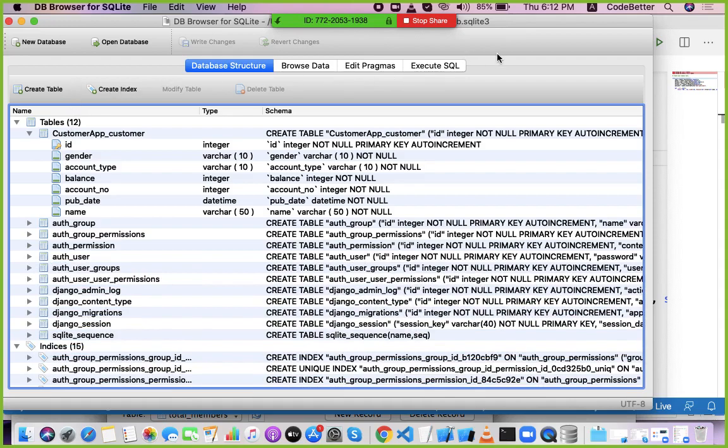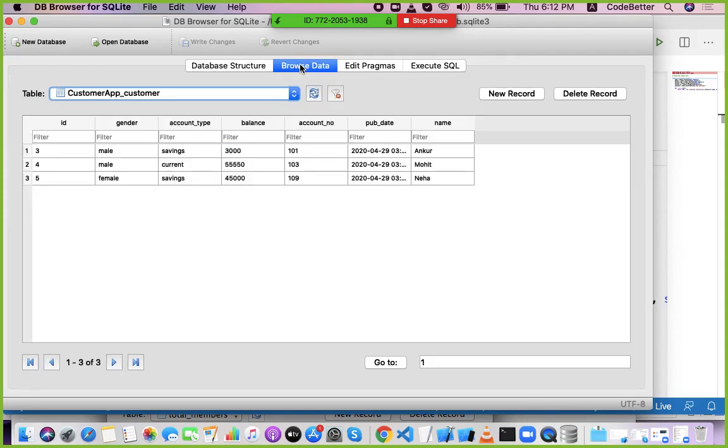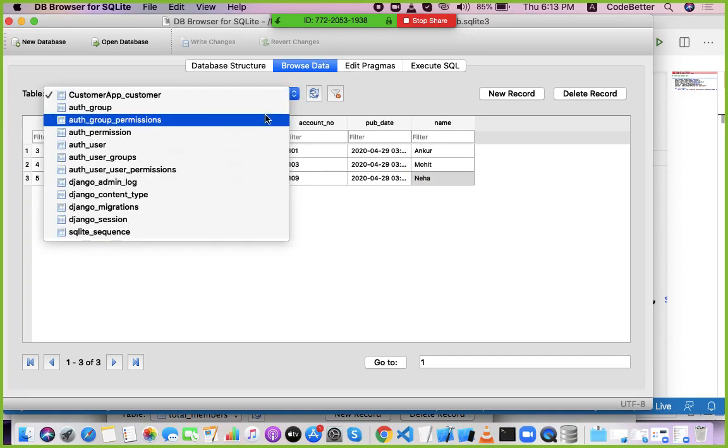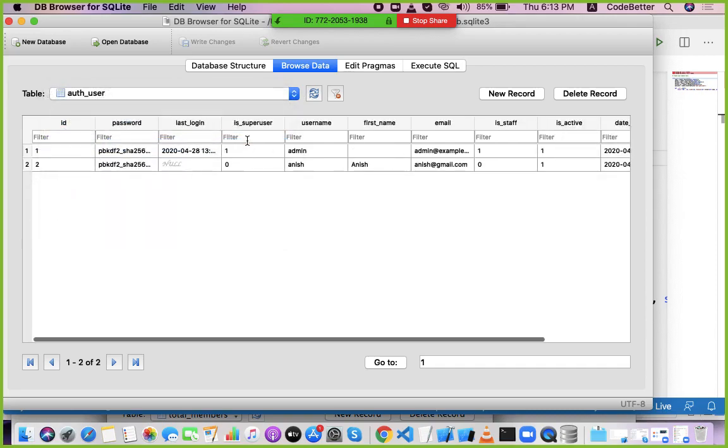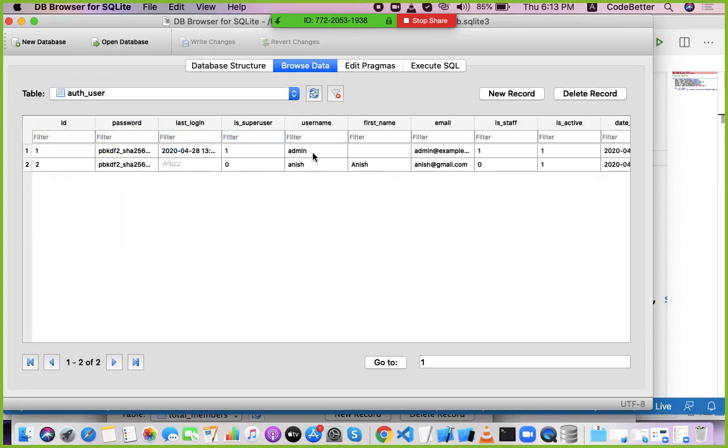If you go to browse data, you can see there are 3 records whose IDs are 3, 4, 5. Maybe I deleted some older records, so it is now 3, 4, 5. So this is the customer app table where I have all the records that I saved using the admin panel. And if you want, you can search in the user table. You have the admin user here.